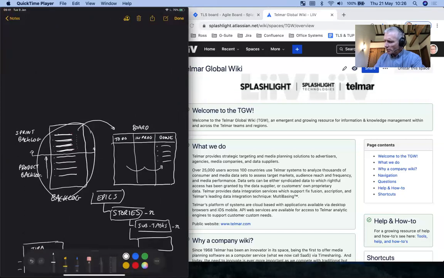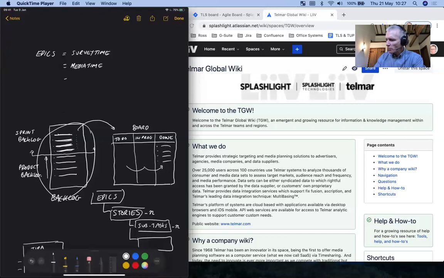I was saying that you look at all these items on the list, and it's sometimes hard to divine what the meaning is. Epics are a way of, at least the way we use them in Telmar, grouping these stories. The way we do it in Telmar is we relate epics to products or projects. So we'll have an epic for survey time, we'll have an epic for media time.